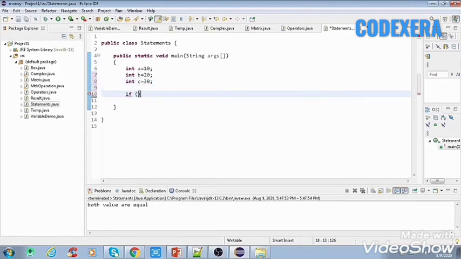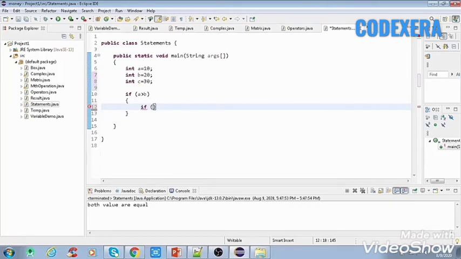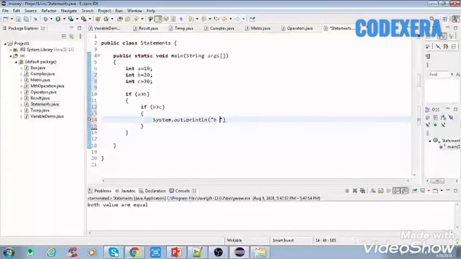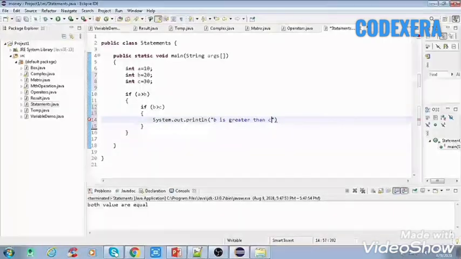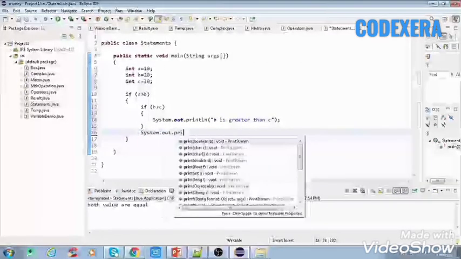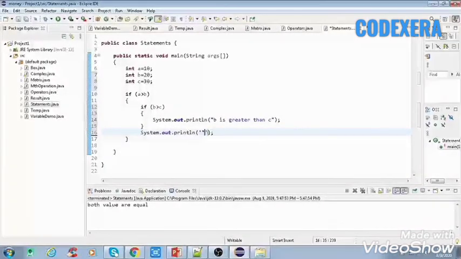Now if a is greater than b, then it will go inside this block, and here if b is greater than c, then system.out.println b is greater than c, and after that it will print system.out.println a is greater than b.